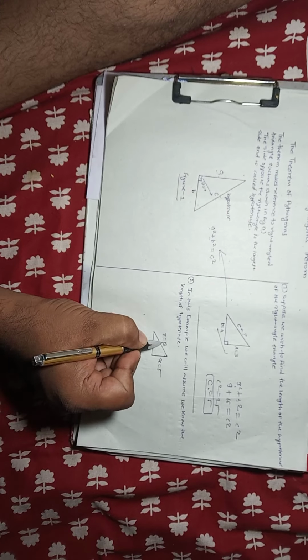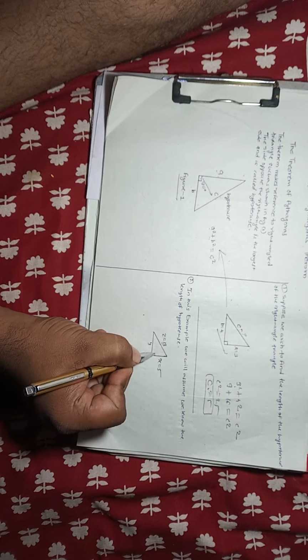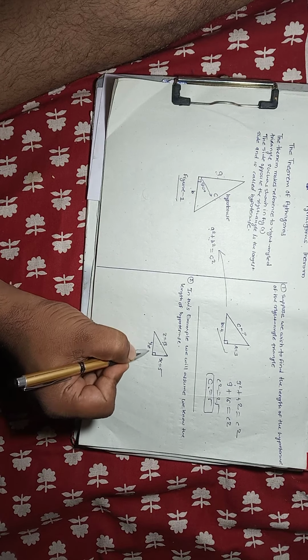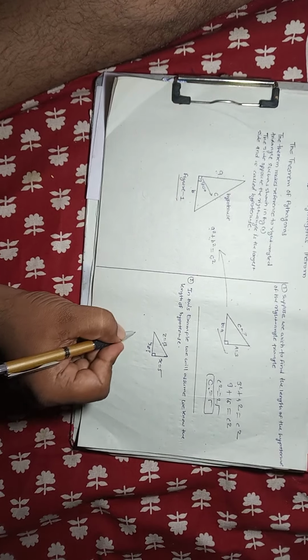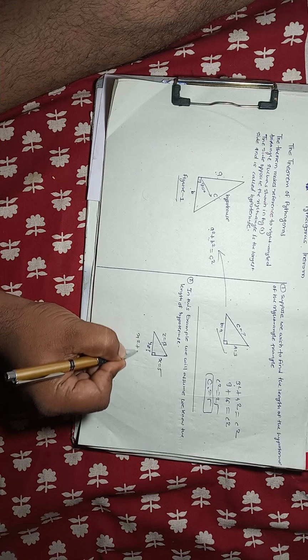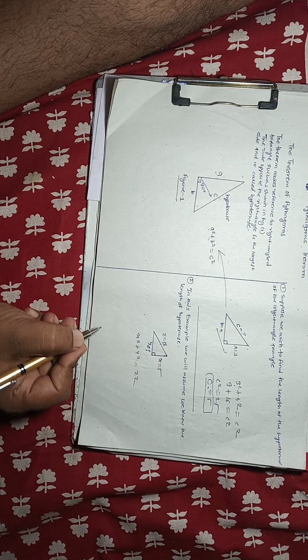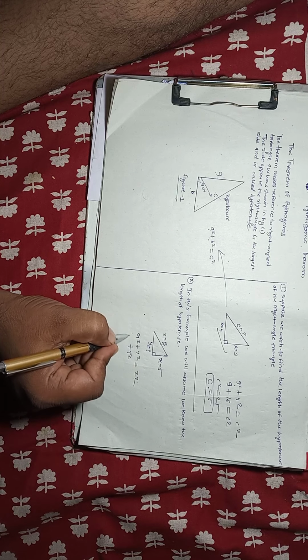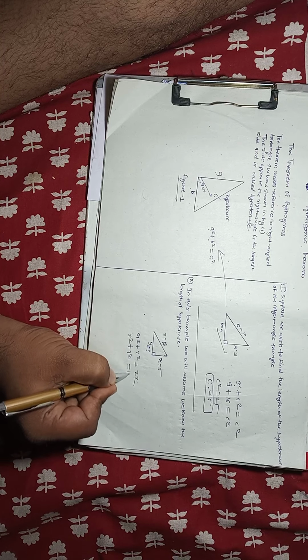In the second example, the hypotenuse is given, and the smallest side is also given. So we have to calculate the side which is mentioned by y. So we will use the same formula, that is x square plus y square is equal to z square. So in this case y is unknown for us, x is 5 and z is 13.